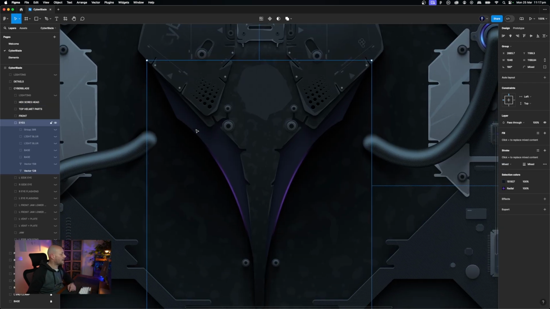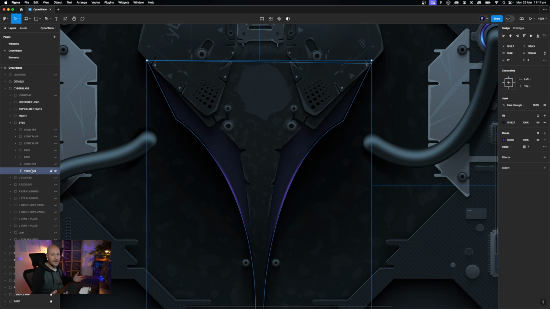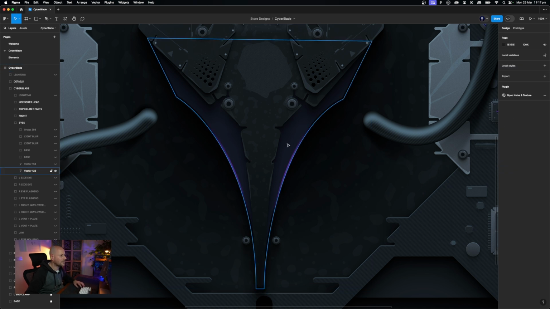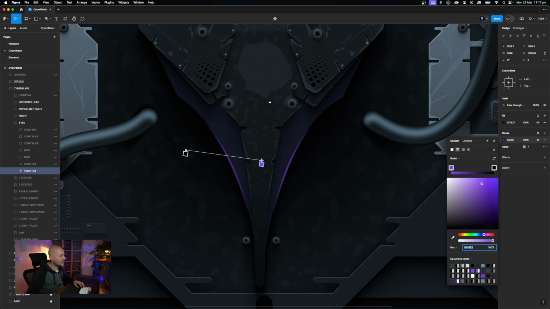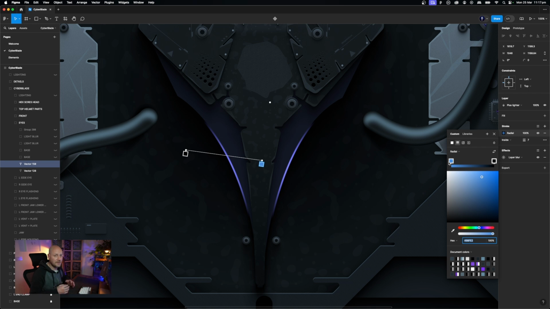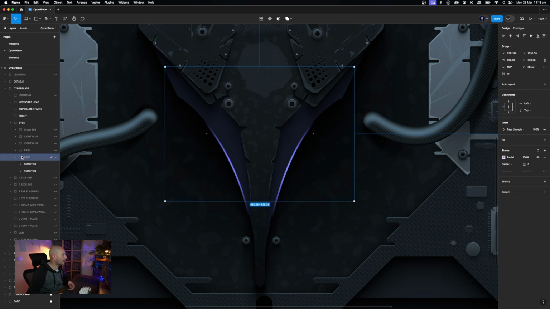Right, so these are the eyes. So we have, again, a base shape. This is a solid color. This has a stroke color to it. It is a radial color, as you can see. It goes from light to dark. It's only affecting this because it is a stroke that goes all the way around it. We've duplicated that. We've set that to plus light. We've changed it to a blue instead of a purple to make it pop a little bit more. But when you do something with plus light on a layer, you can change the color of what it's on